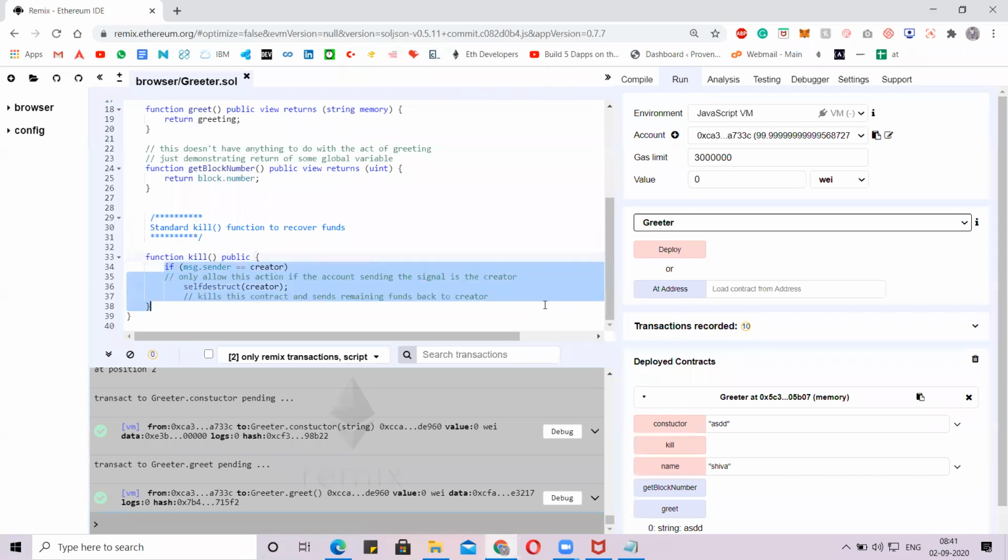The creator has to be the person who has deployed the contract, and we are telling the contract that if message dot sender equals creator, then selfdestruct the creator. I mean, we are giving the rights from this function that the person who has deployed the contract has the right to destroy the contract. Is that clear, guys?